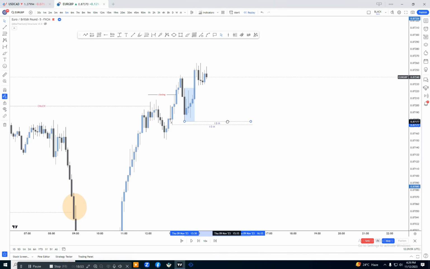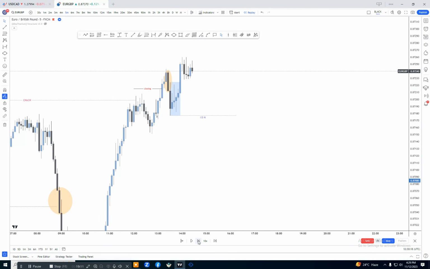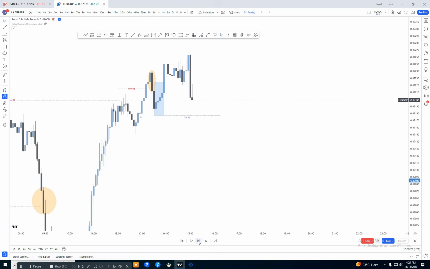This low will be the inducement area, because this candle low has successfully taken out that candle low, but these whole candles did not take out the previous candle low, so that will not be a confirmed or valid pullback. This low will act like a valid pullback. Now let's see what the market has done.